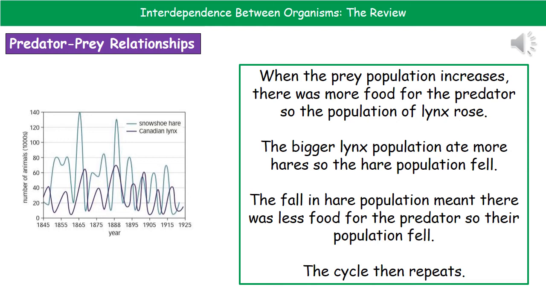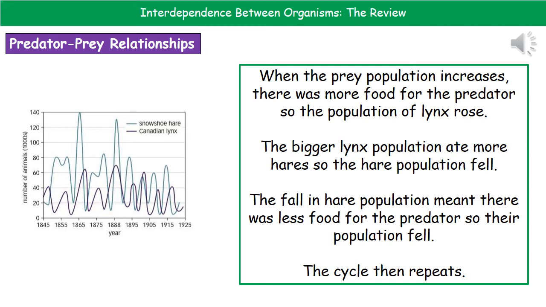But what we need to obviously understand is the difference between the kind of question they're going to ask you about this. If they ask you to describe the relationship between predator and prey in the graph, then that's where you're literally going to be saying that as the number of prey increases, then the number of predators increase, and as the number of prey decrease, the number of predators also decrease. The other thing to pick out there is that there's always a slight gap, okay, between those two being seen. So if you put that, you've got your description.